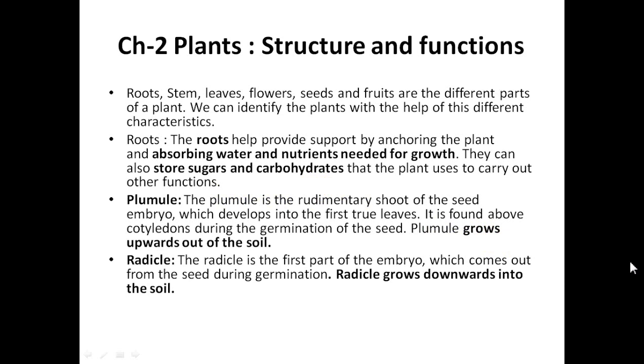Sugar and carbohydrates, for example, when the plant prepares food and there is an excessive amount of food present in the plant, these foods are stored by the roots and it helps them in bad days. For example, sometimes there is scarcity of sunlight, or there is no proper adding of water to the plant. In that case, with the help of those roots, they take this sugar and